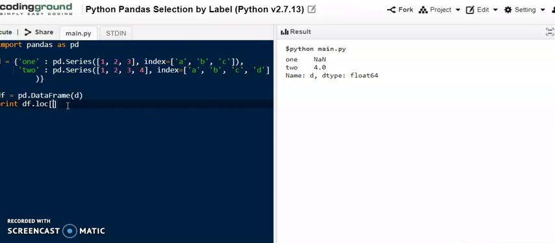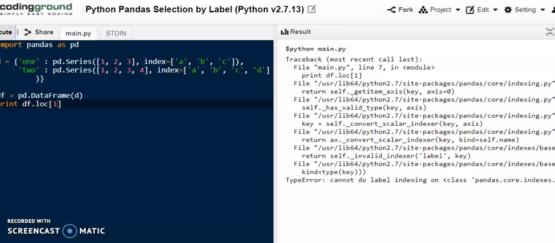So in this manner we can access a specific row, and we can also use the default number also. Suppose I am typing here 1, so it will show us at position 1 the value 2. Or I have to check what will be shown. No, it will not show the result. It is not showing the result to us. So what's the problem? We have to check it. I have to check whether I have to write it in single quotes.